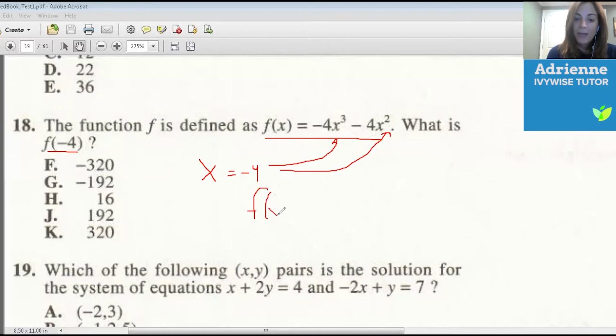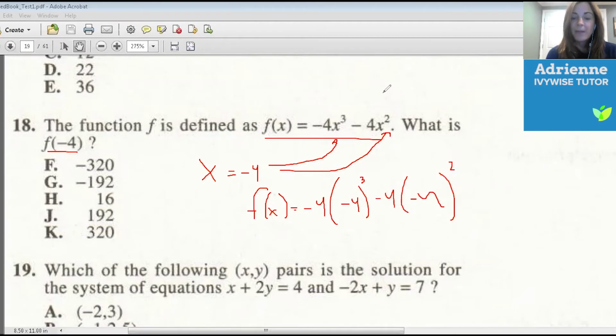And so I'm going to start to write that in here, but I'm going to be very careful as to where I put my parentheses in here. And so I'm going to put that -4 in a parenthesis, and I'm also going to put it again here in a parenthesis. Okay? And so our first step is one that I call kind of like the vertical cross-off